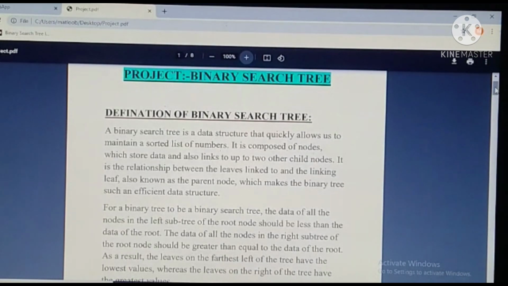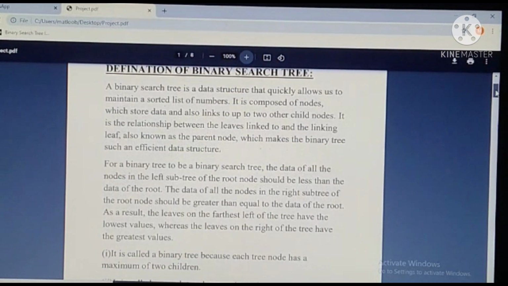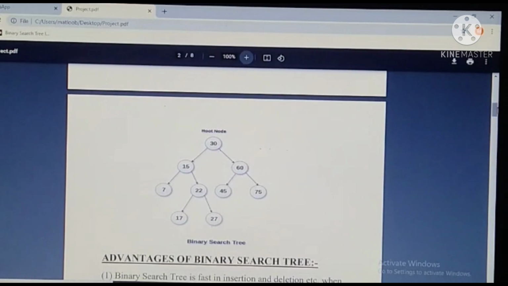In computer science, a binary search tree, BST, also called an ordered or sorted binary tree. A binary tree is a type of data structure for storing data such as numbers in an organized way. Binary search tree allows binary search for fast lookup, addition and removal of data items and can be used to implement dynamic sets and lookup tables. Now, here's a picture of binary search tree.